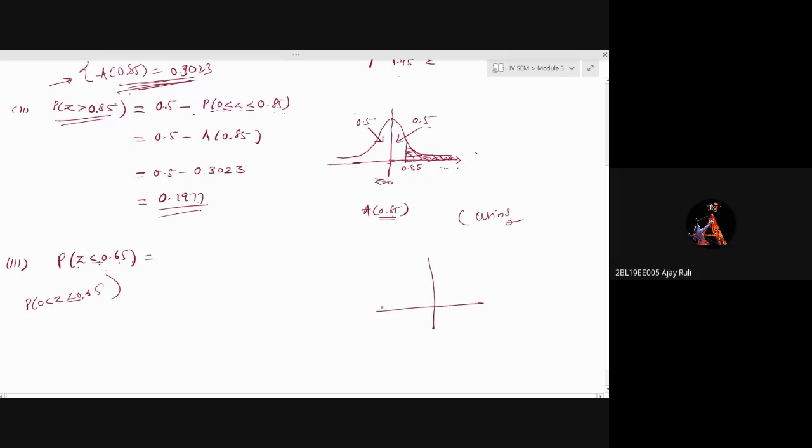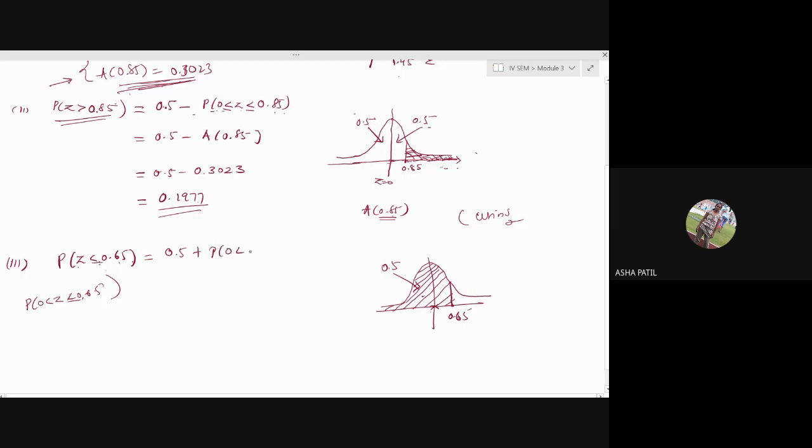0.5 plus probability Z is greater than 0 and less than 0.65. If this is the value, then you need this whole area. Shade the part, otherwise you will not come to know which part is to be taken. So you know that this left side area is 0.5, then plus you want 0 to 0.65. So I'll write it as 0.5 plus